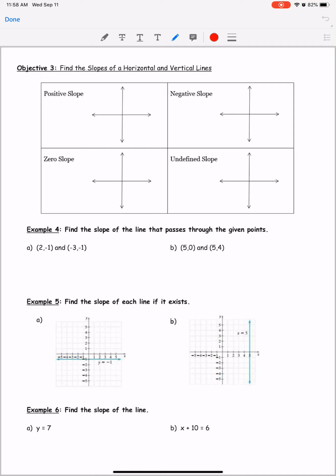Okay, find the slope of horizontal and vertical lines. So, when you have a positive slope, it's going to go down to up as if you're reading from left to right, right? You always read from left to right. So from left to right, this graph is going in an upward direction. So then your negative slope, as you know, same as you read and write from left to right,